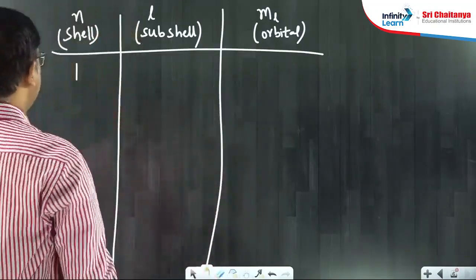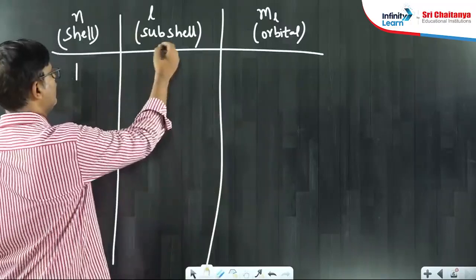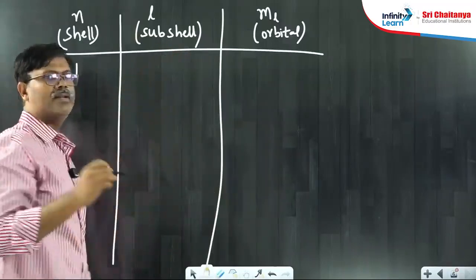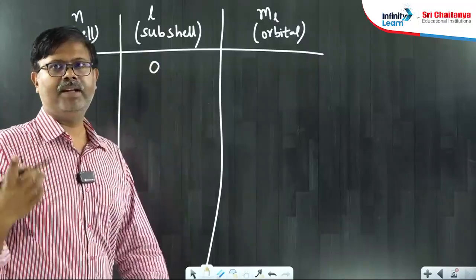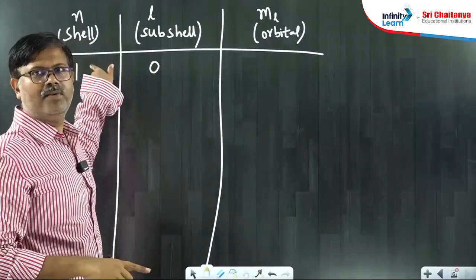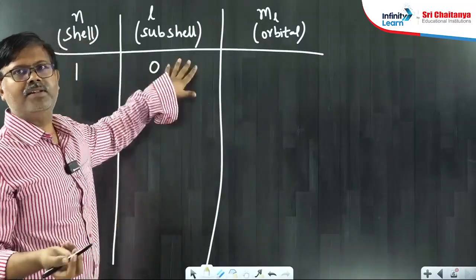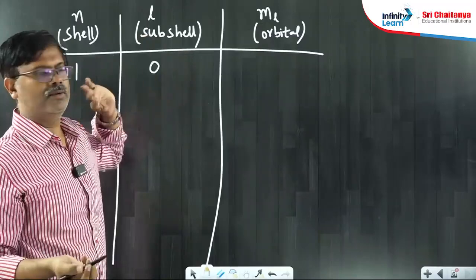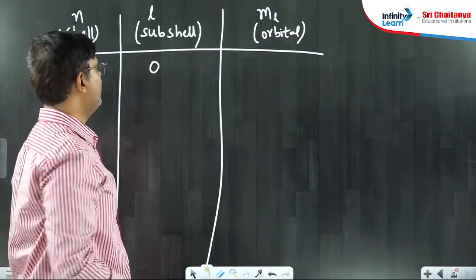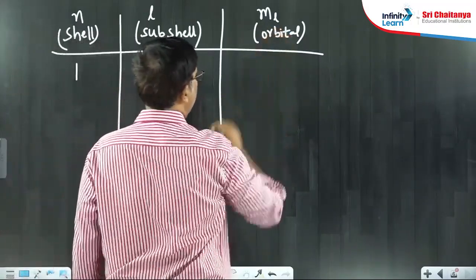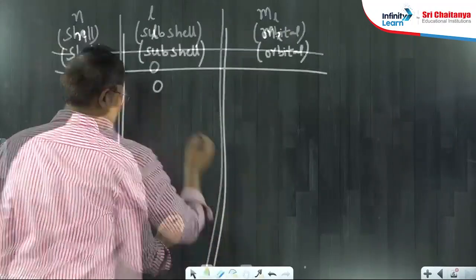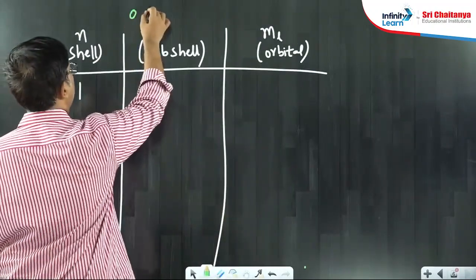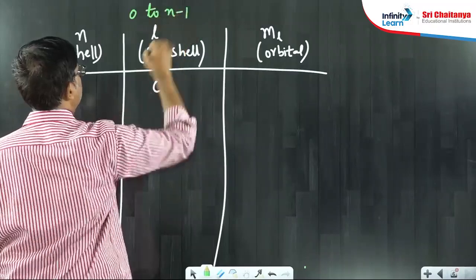If n value is 1, what will L values be? L starts from 0 and ends with n minus 1. n minus 1 is 1 minus 1, that is 0. It starts with 0, ends with 0 also. So only one street, one subshell will be there. And ml values starts from